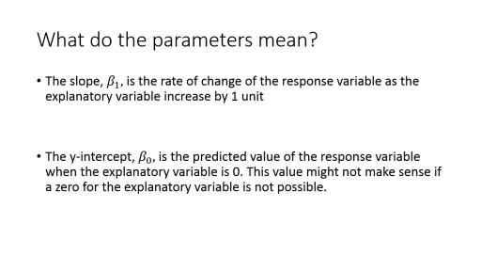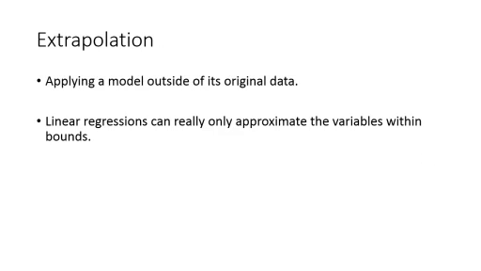Now, one thing that we want to make sure is that sometimes the 0 doesn't make any sense. So if you're talking about people's heights, nobody has a height of 0. So if you're going height to weight, and you say, oh, as people get taller, they weigh more, you wouldn't go all the way down to 0 because nobody has a height of 0. Nobody has a weight of 0. So it makes sense only if there is a 0 that could be plugged in. That's just something you have to watch out for,